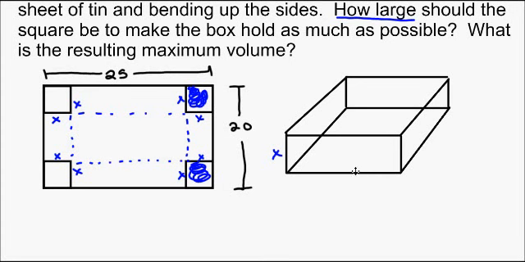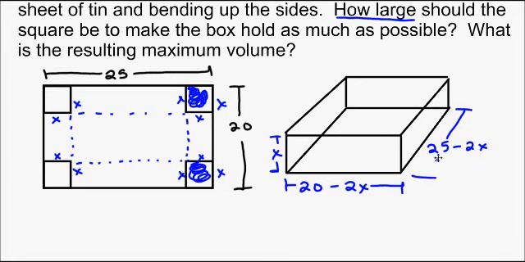This shorter side of the box is 20 minus, well, I subtracted an x, I lost x inches there, lost x inches there, so I lost 2x total. And it's 25 inches long minus 2x, so 25 minus 2x in this direction. So this is my box,